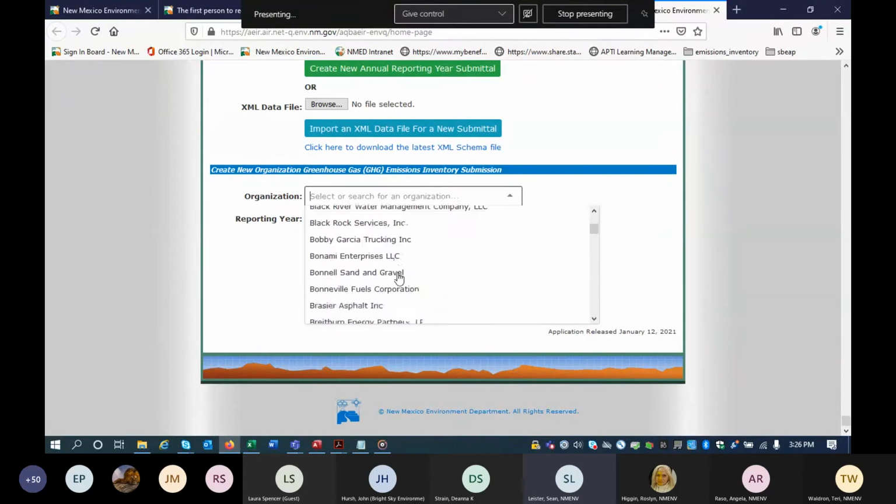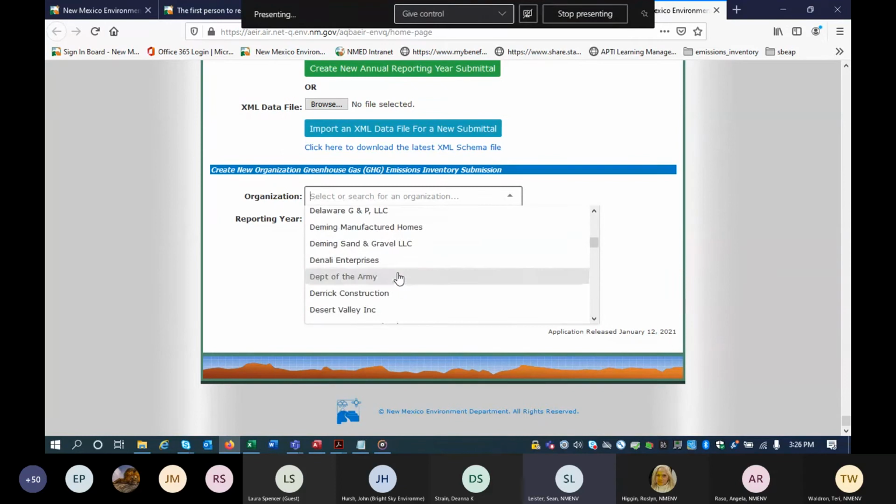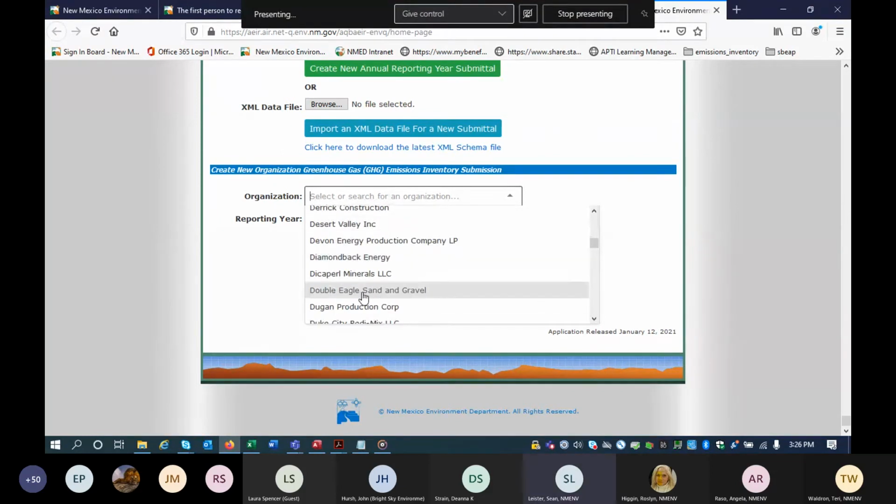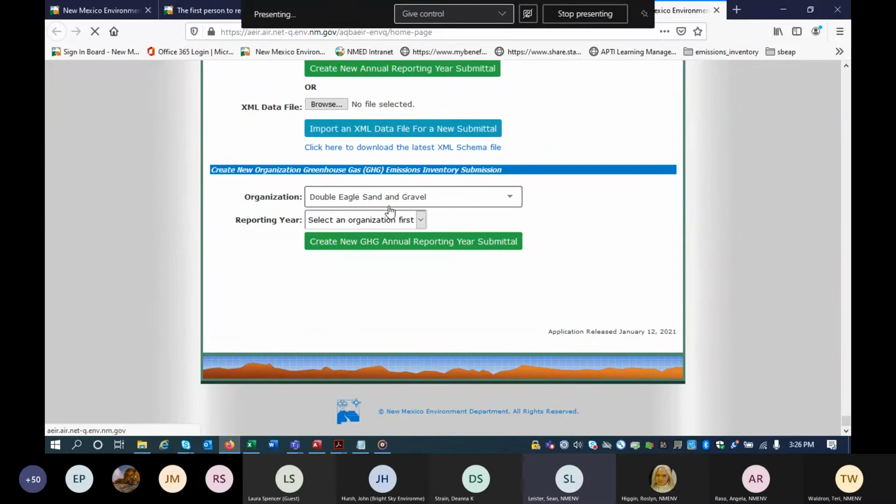If you own just, for instance, Double Eagle Sand and Gravel, this might have a few facilities underneath it, or it might have hundreds of facilities underneath it. Whatever the case, you can only create a greenhouse gas submittal for the company itself. And the reporting year would be 2020.